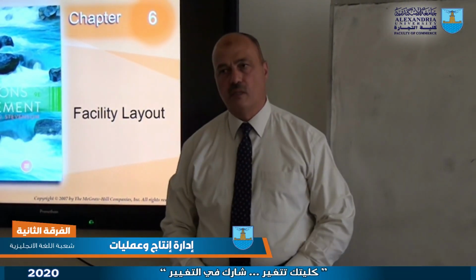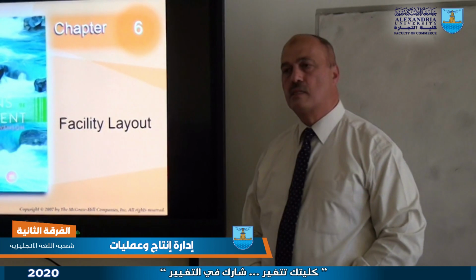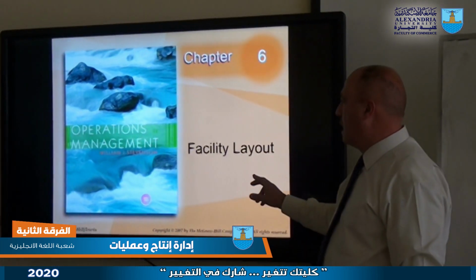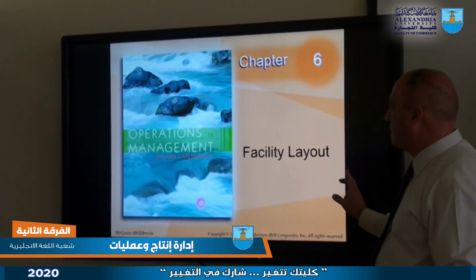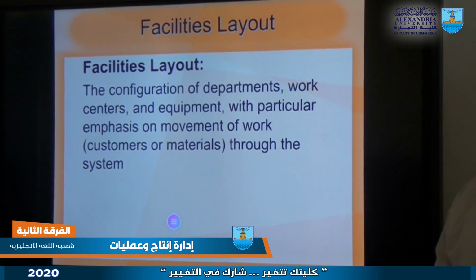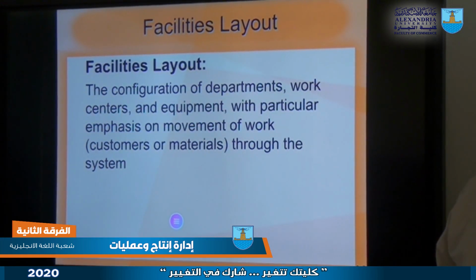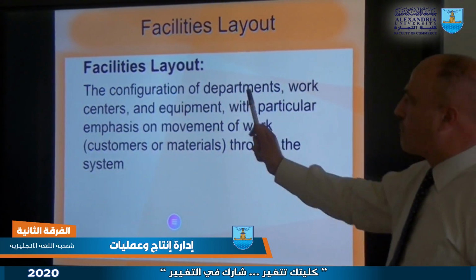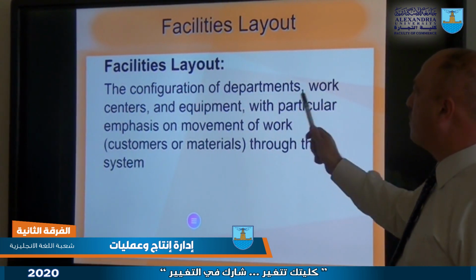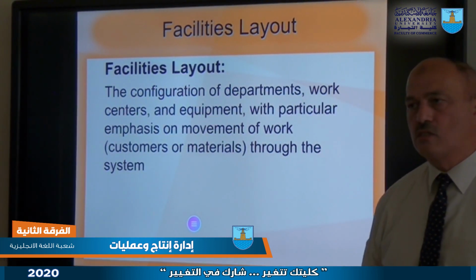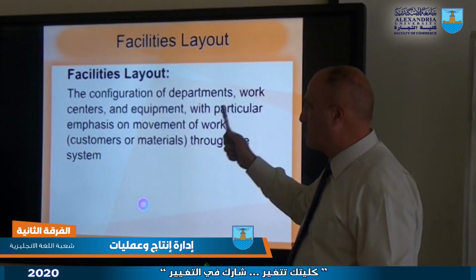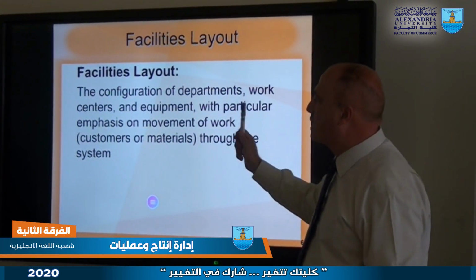Today I will talk about Chapter 6. Chapter 6 is about facility layout. So how to find out the right position for facilities, for equipment, for handling machines. Facilities layout means the configurations of departments, work centers, the right place for work centers, equipment, with particular